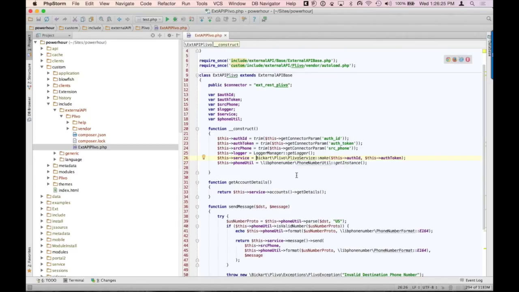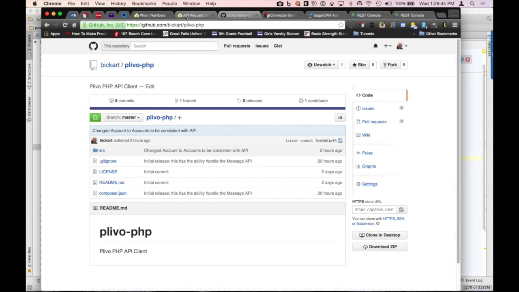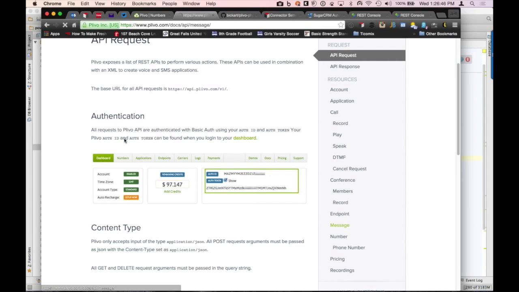You know, I don't care whether the phone number is stored with parentheses or dashes or dots or spaces or whatever. I don't want to deal with that. If you remember in the API, it actually specified that it needed to be... here, let's go back to the API. When I looked at the API, it actually says in here,